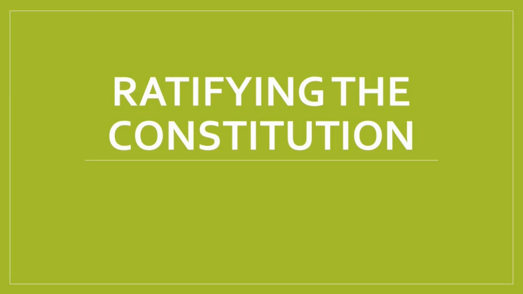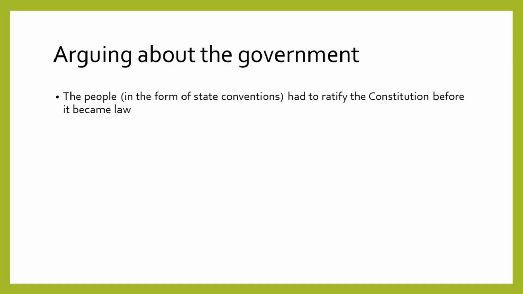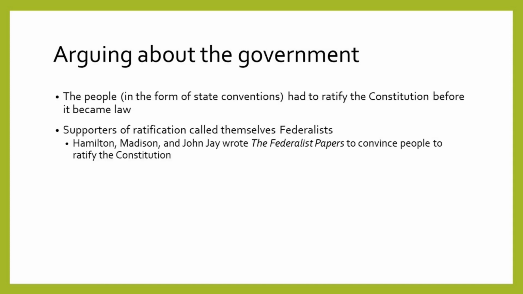Now, writing the Constitution was only half the battle. Because the delegates had committed to the idea that this new government was supposed to represent the interests of the people, they had to go home and actually convince the people that ratifying the Constitution would be a good idea. The supporters of ratification began by rebranding themselves from nationalists to Federalists. Then, 3 leading Federalists, Alexander Hamilton, James Madison, and John Jay, wrote a series of essays called the Federalist Papers about how the new government would work and why that would be better than the current system.